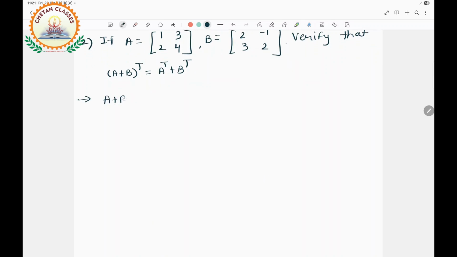So first find A plus B. So A plus B is 1, 3, 2, 4 plus 2, minus 1, 3, 2,